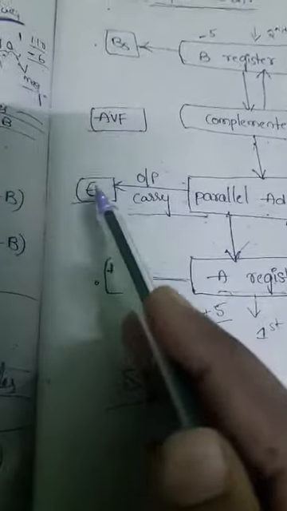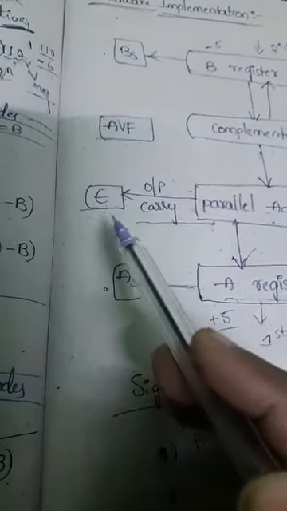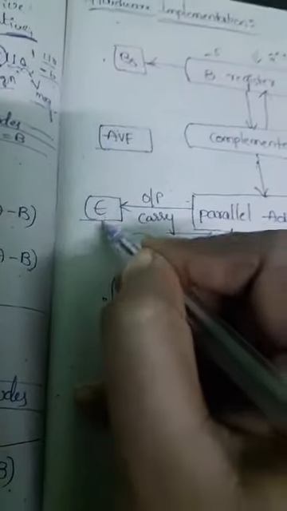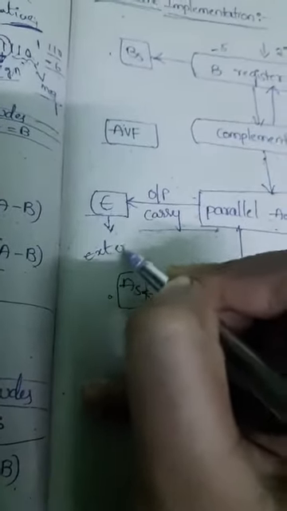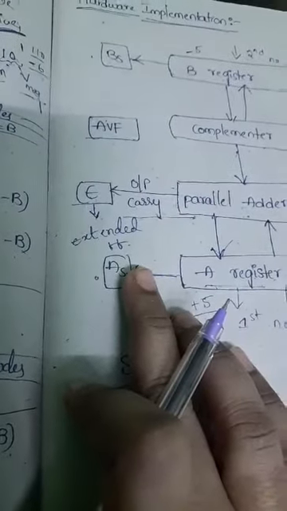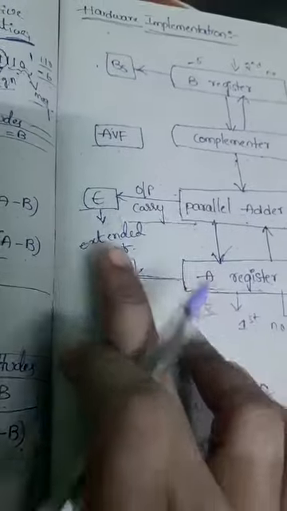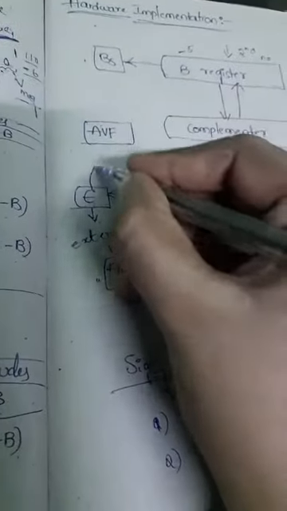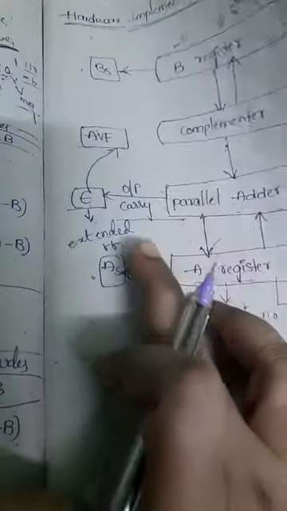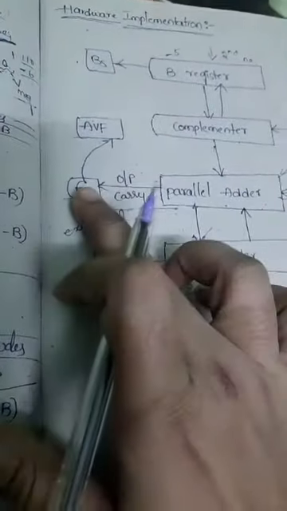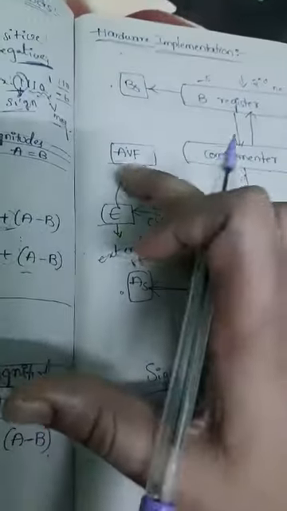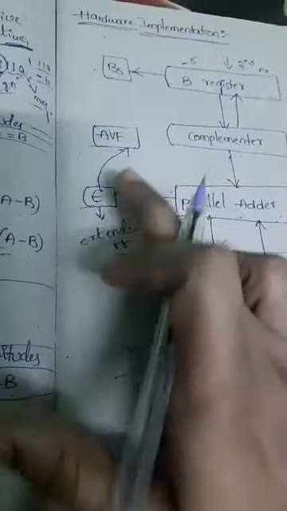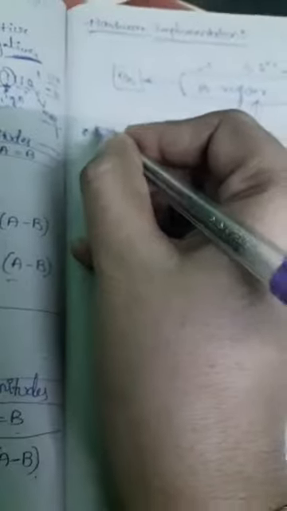This is one of the flip-flops that we call the extended flip-flop. So what is E? That is nothing but the extended flip-flop. After performing the addition operation, if there is any output carry, that carry will be transferred to this E flip-flop. The value of E will be transferred to the AVF. So AVF stands for add overflow